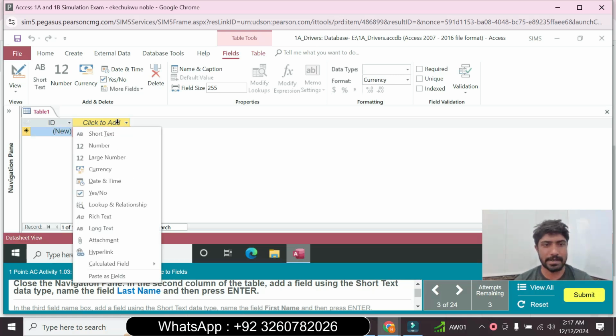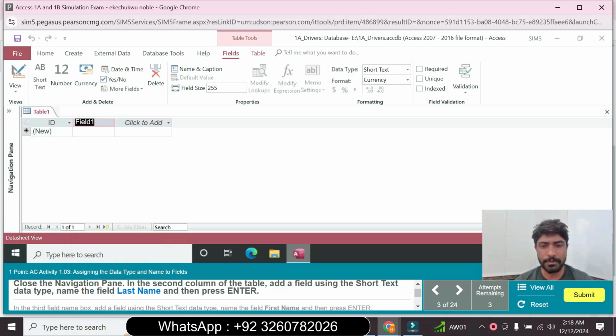Select the second column of the table, apply the Short Text data type, and name the field Last Name. So type the last name